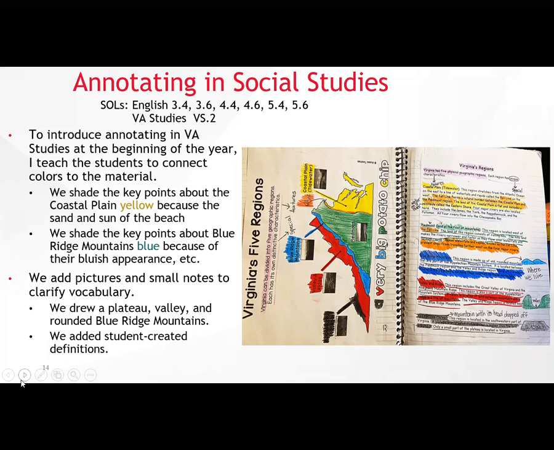And my kids will do this even on the test. When it gets ready for a test, they'll ask if they can highlight. So they know automatically they'll go and highlight Coastal Plain yellow. They'll highlight Blue Ridge Mountains blue or Appalachian Plateau black. So in their head, they have it organized by colors along with their notes. And this covers expanding vocabulary and strengthening nonfiction comprehension in 3rd, 4th, and